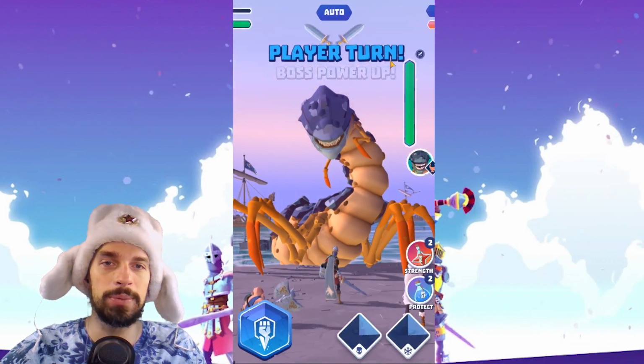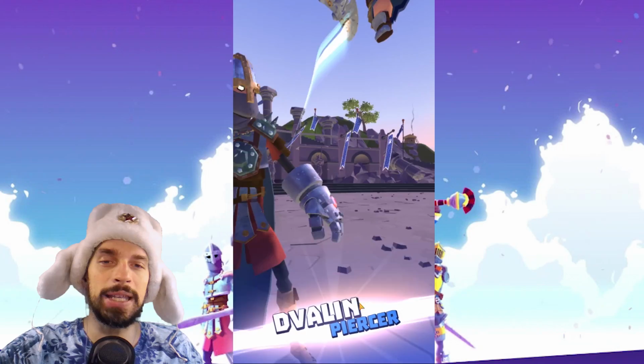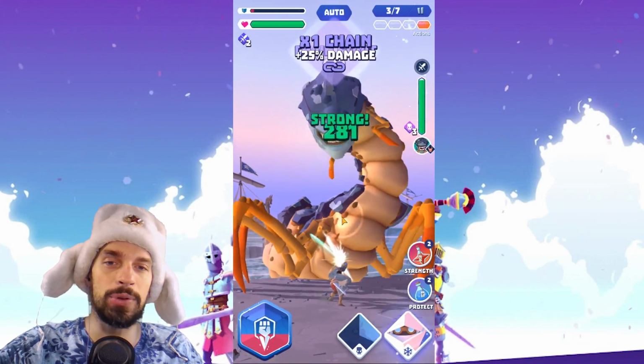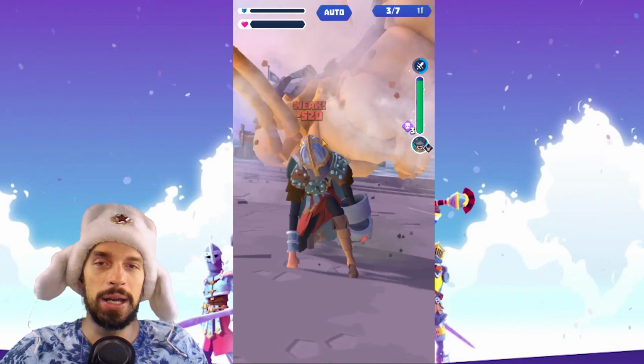Round 3, boss power up. Okay, it's not the amount of turns that you have, it's the amount of stages of bosses you can fight. So you can fight him indefinitely, you can fight him forever, you can fight him for several turns. So if you are really OP, you can't one-shot the boss yourself, so anyway, it will be a team